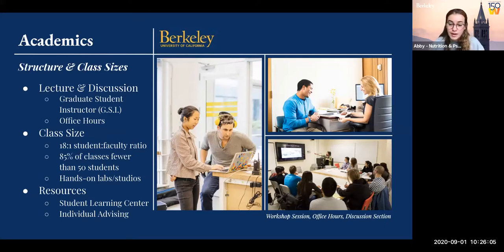which means that when you're going up in those classes, they definitely do reduce in size, which is the perfect timing, because that's when you're most interested in the subject matter and can get that relationship with your professor and other students. And in addition, we have hands-on labs and studios. So for me in my chemistry lab, there was definitely a smaller amount of students, around 30 to 40 students per one graduate student instructor, as well as undergraduate student instructors that might have mastered that subject and help in that way as well.